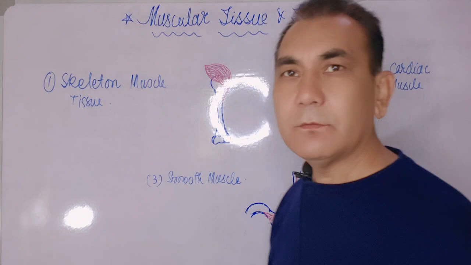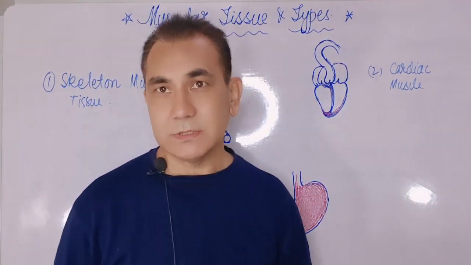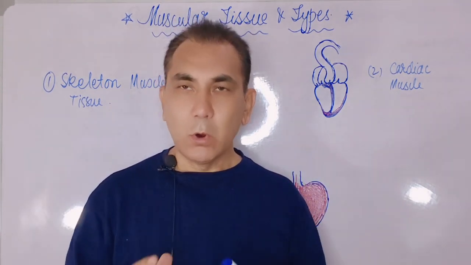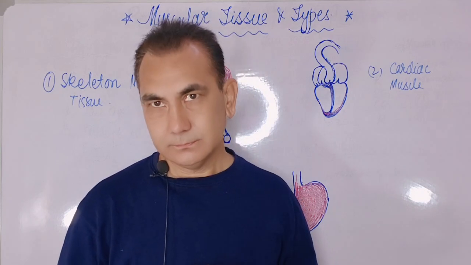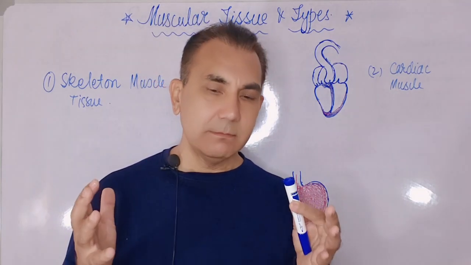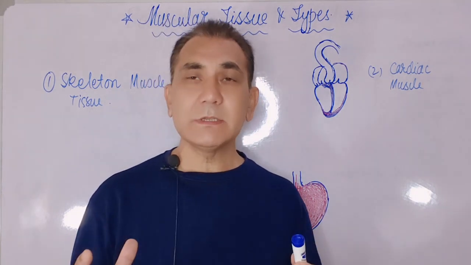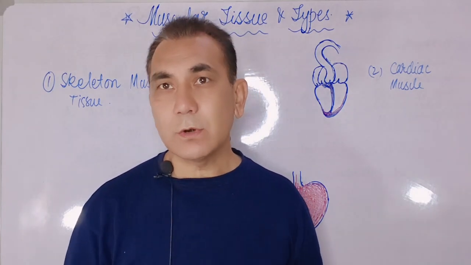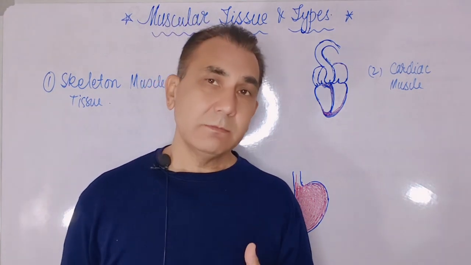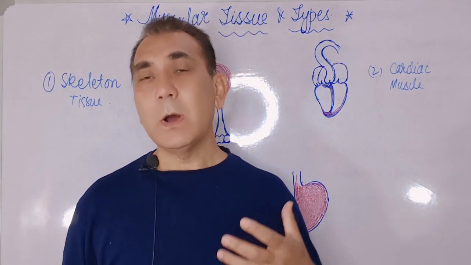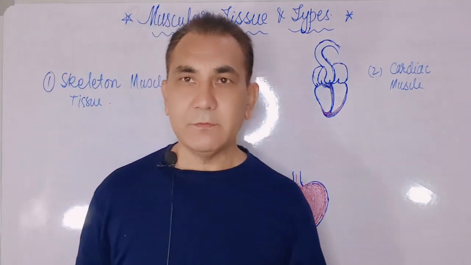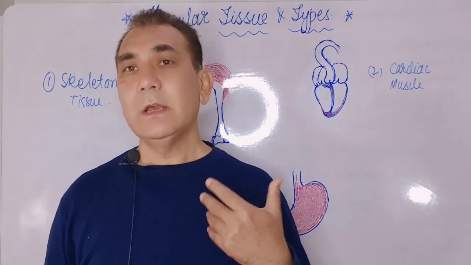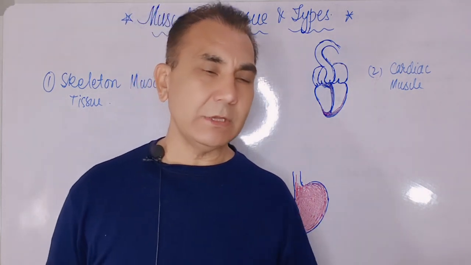Now the second type of muscle is called cardiac muscle. Cardiac muscle is a specialized type of muscle which makes up the whole structure of the heart. Cardiac muscles are contractile muscles which provide the heartbeat throughout the 24 hours. By this heartbeat, the heart pumps blood to the peripheral tissues. Through the blood and the pumping mechanism of the heart, oxygen and nutrients are provided